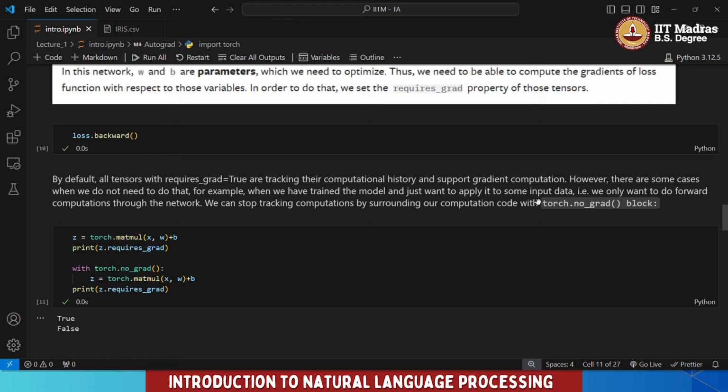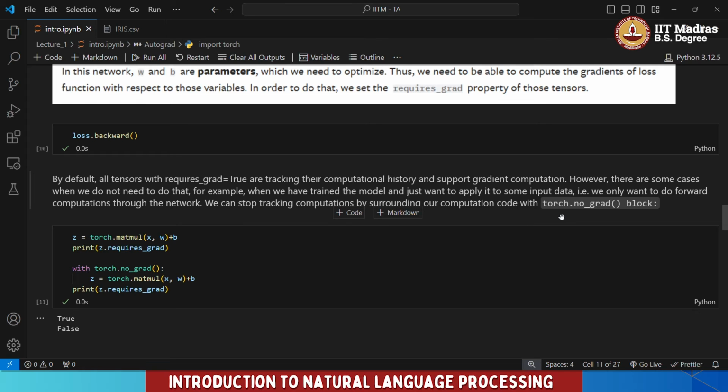Or for some reason, say we have a set of two parameters, parameter A and parameter B, and for half the number of epochs, or the time frame in which the model is training, I only want to tune parameter A, and in the second half, I only want to tune parameter B. So we have to have a mechanism to freeze them. But we can't have requires_grad as false for both or true for both. So we'll have a